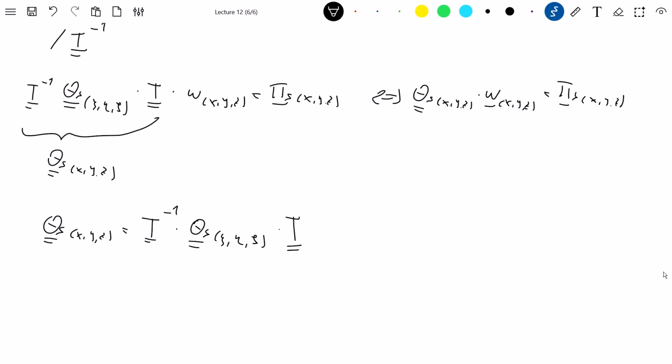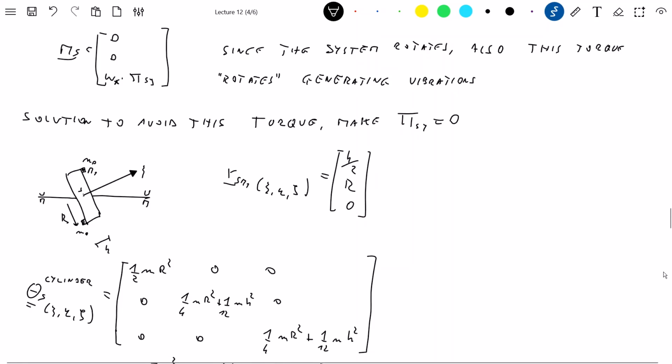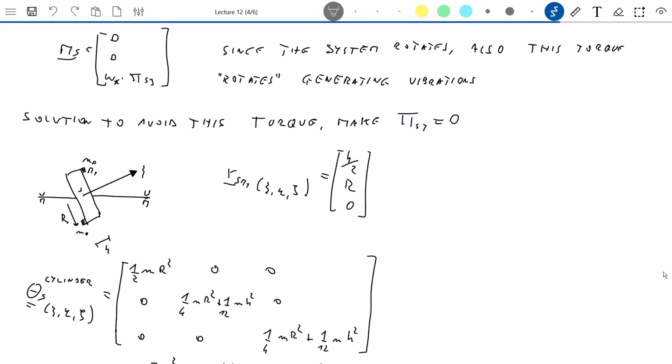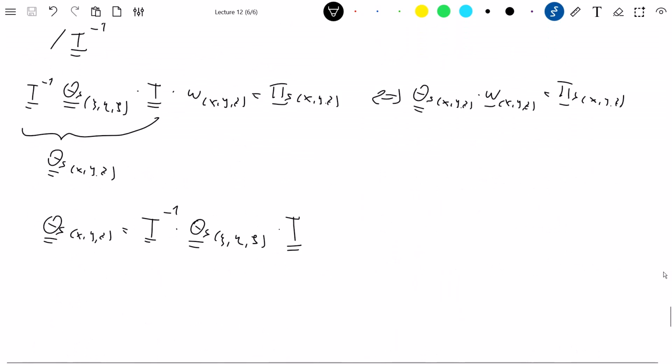Okay, and with this transformation matrix we can project the matrix moment of inertia from the ψ, η, ζ coordinate frame to the x, y, z, which is convenient, because in this case, we just project in the x, y, z, and we want to have that the x-axis is a principal axis of inertia, and that's it, and everything is done, and we know that the system is balanced. Okay,